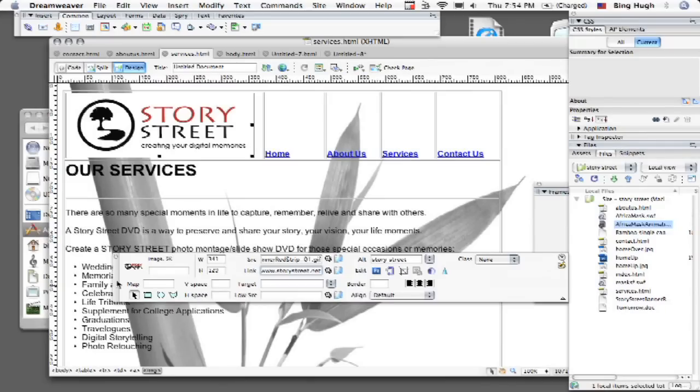So a sitemap is basically a visual way of illustrating and demonstrating how your site is laid out. So you can see it in a different perspective, because when you're looking at your site, you can't really see what's linked to what, etc. So this is a nice way of doing it. This is a very basic site right here, but you will be able to see basically how to do it